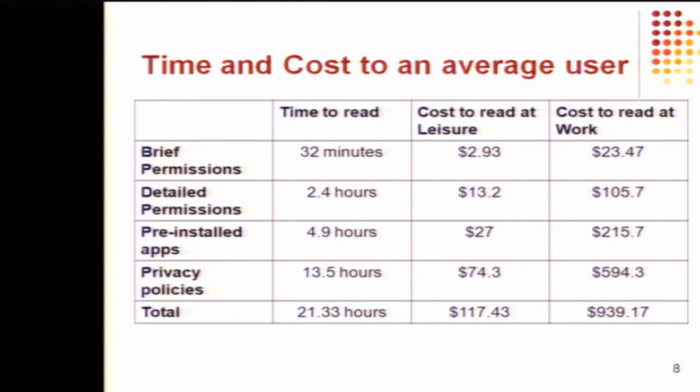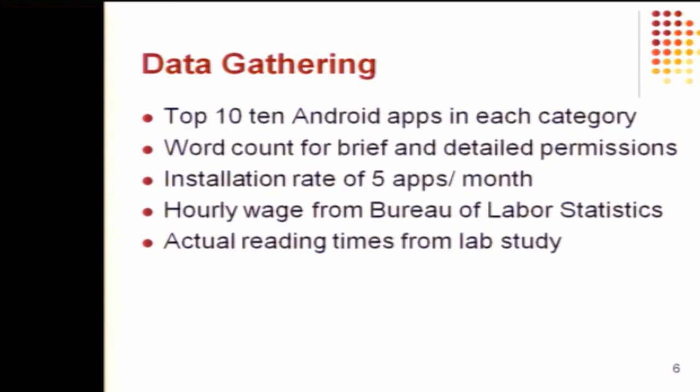So where did you get the hourly rate? The hourly wage we got from the Bureau of Labor Statistics, and there are research reports suggesting that leisure time is valued at 1/4 of this, and time at work is valued at twice the hourly wage. So we use that for calculating the opportunity cost. So this was an average hourly wage, right? Yeah, the $22 is the average wage.